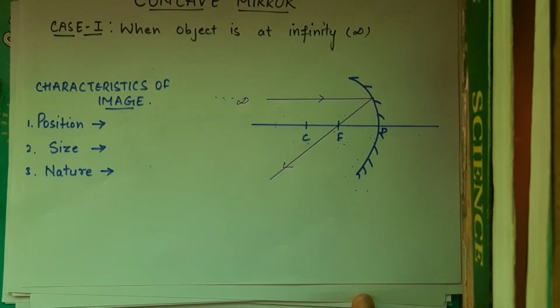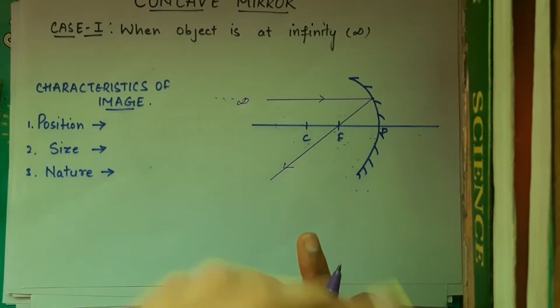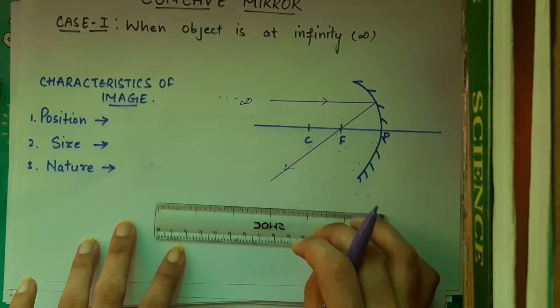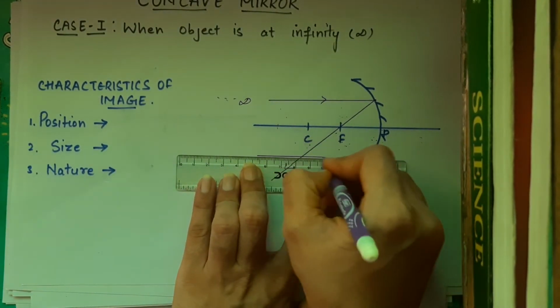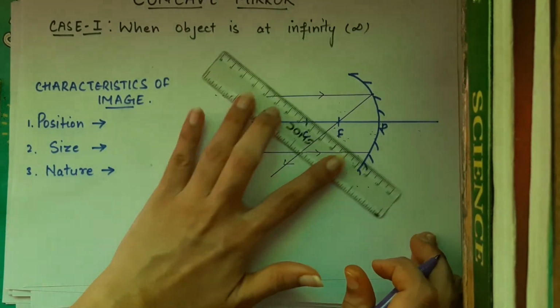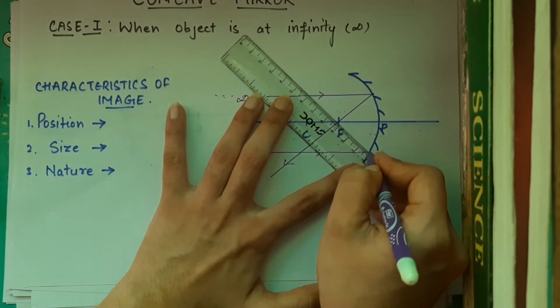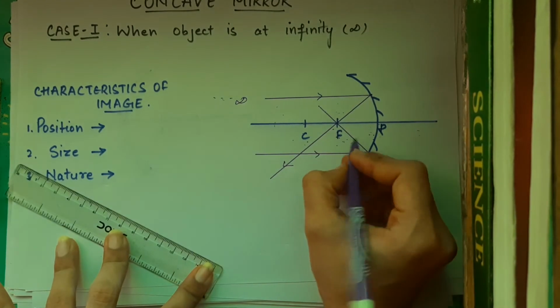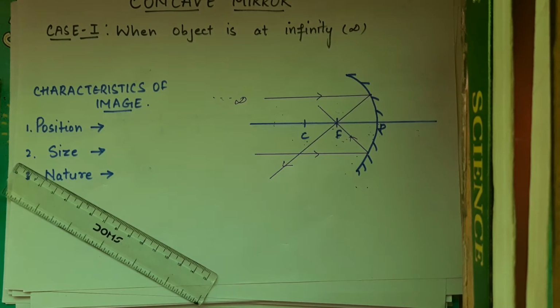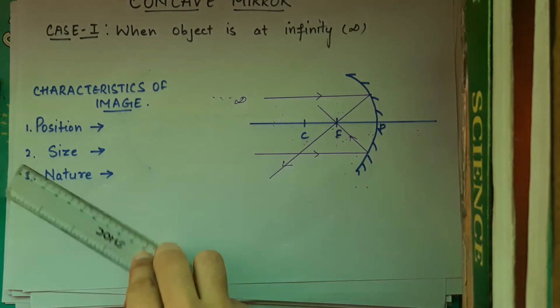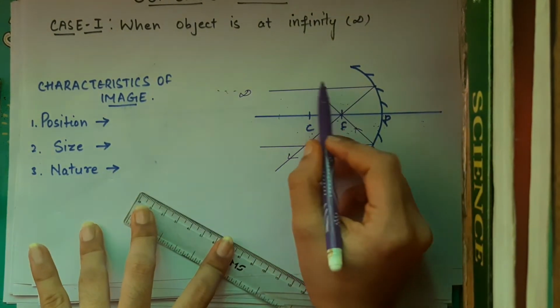As I have told you, to form an image you need at least two light rays. So this is the first ray of light. Let me mark another ray of light. I can do that from here, right? So light is coming like this, just parallel to the principal axis. After reflection, it passes through the focus, right? It's the same thing which I have done. So now you see that you have two light rays, right?